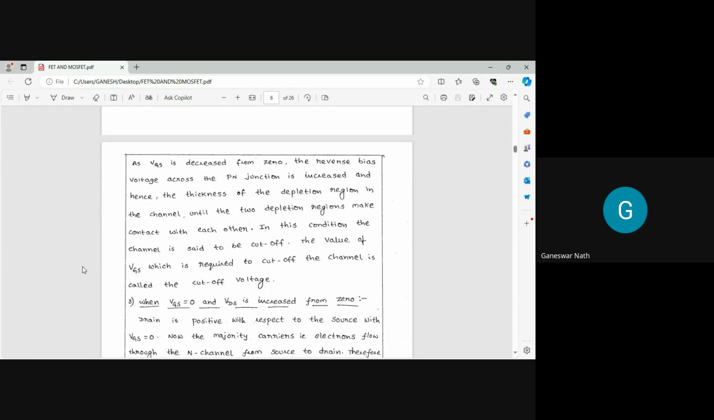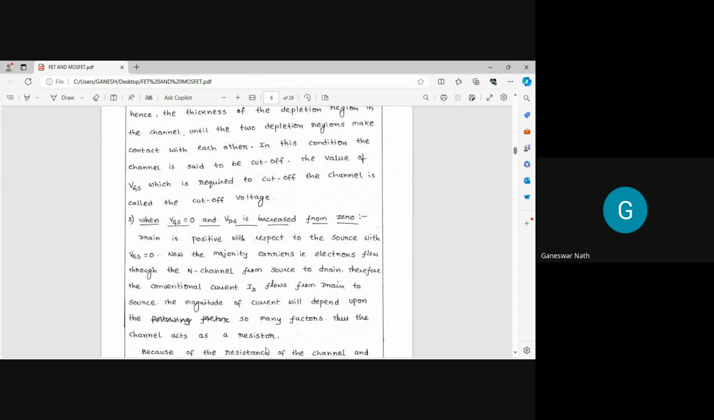So we cannot realize the proper operation. So till then this will not actually combine, meaning the gate source voltage and also the drain source voltage. So now we can find when VGS is 0, but VDS increases from 0. So the drain is positive with respect to the source with VGS equal to 0. Now the majority carriers, the electrons,